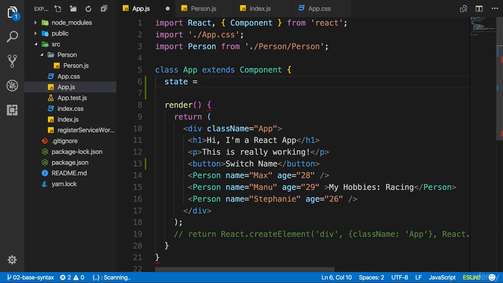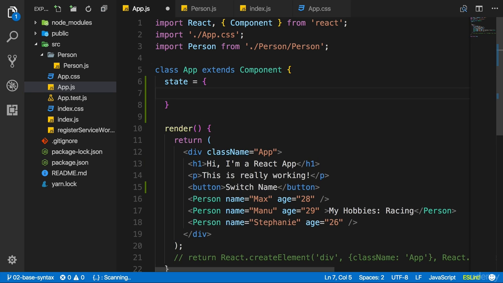We initialize it by assigning a value, and this value is a JavaScript object. Again, this is a reserved word, and we should use it if we want to manage, well, some component internal data, you should say. So now the state could have some persons.